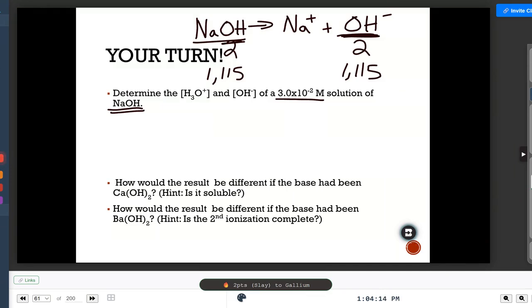I'm confused at the bottom where it says how would the result be different, because Ca has a charge of 2+, so would that affect anything? Well, the big hint here is OH is 1 minus, and that word there: soluble. Yeah, so you'd have to look at your solubility table. They're hinting that you should look at your solubility table. I don't understand what I was supposed to do at the 3.0. So that one now becomes your